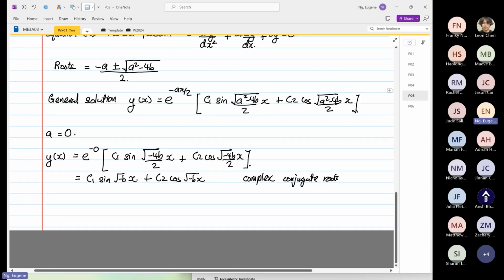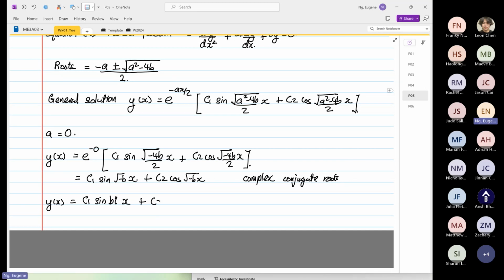So we know that this can be written as y of x is equal to c1 sine b i x plus c2 cos b i x. So note that small p squared is equal to b. So I'm going to call this equation B. Okay. So therefore,